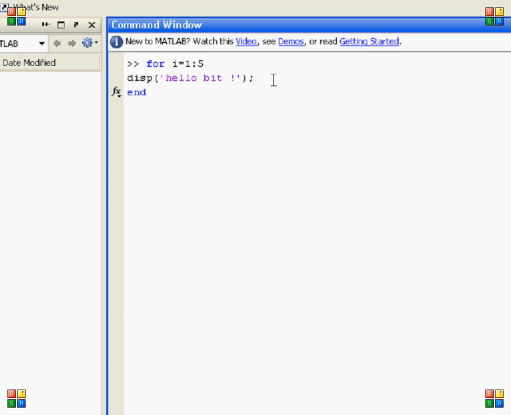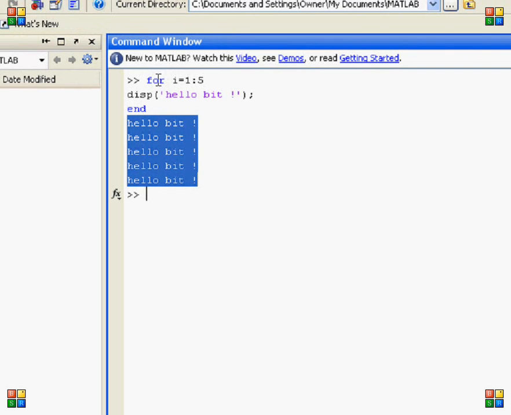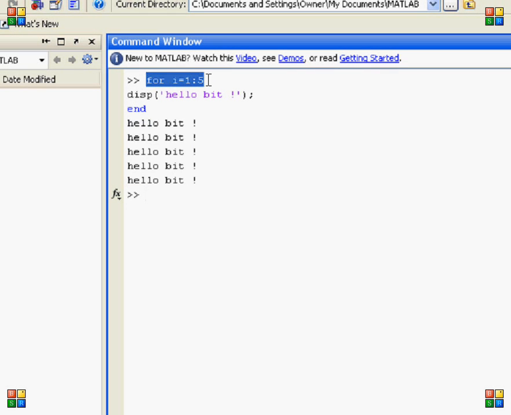Simple, one statement in my for body. So I press enter. I got 5 times hello bit. Why? Because of the loop. For i equal to 1 up to 5 means this loop will execute 5 times, from 1 up to 5.